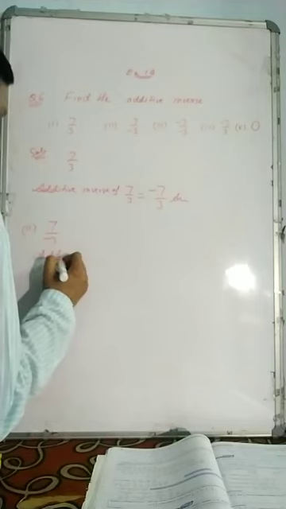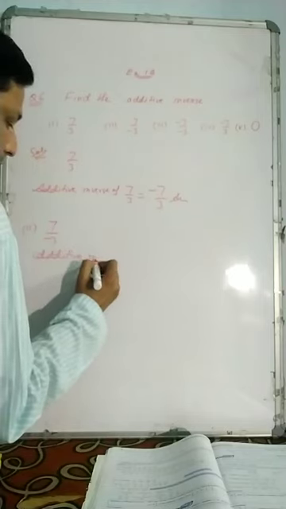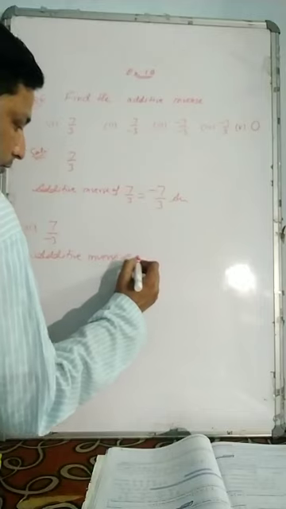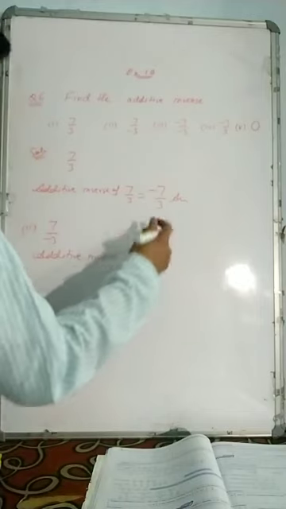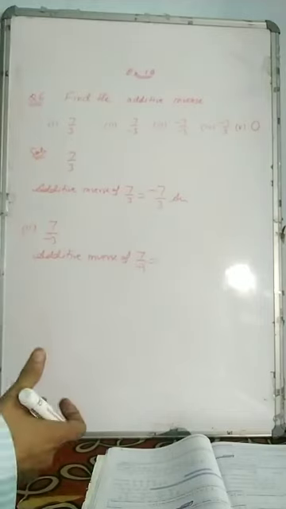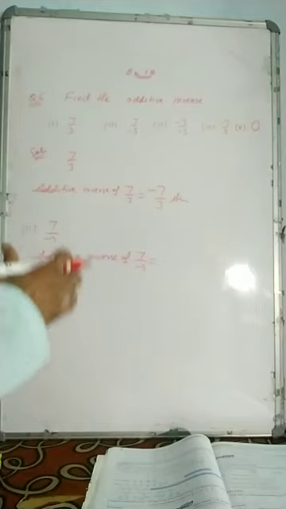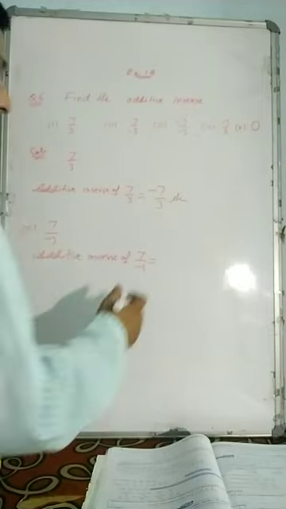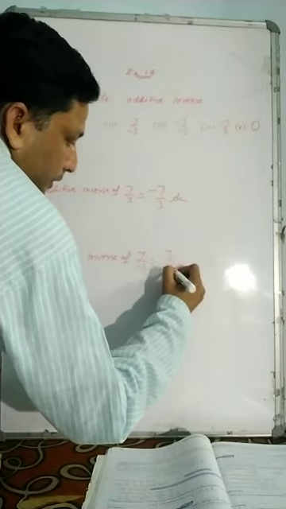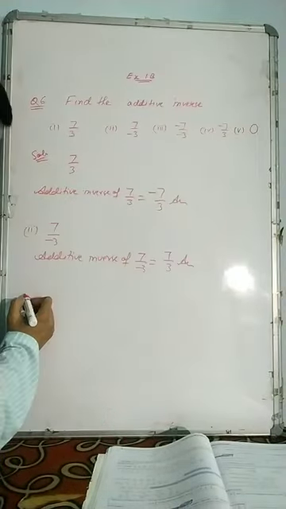So additive inverse of 7 upon minus 3, it is a negative rational number, so you will convert it into the positive rational number. It means you have to remove the minus symbol before 3, so the answer will be 7 upon 3 only. Now third part,